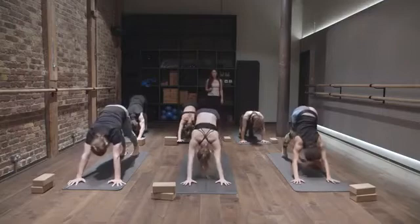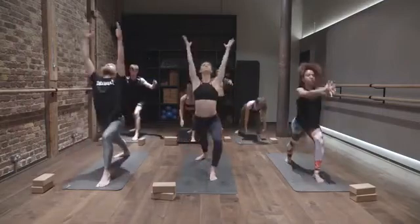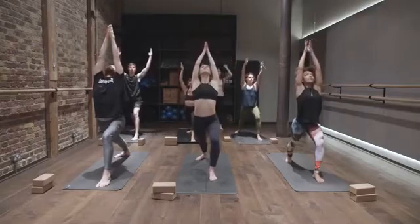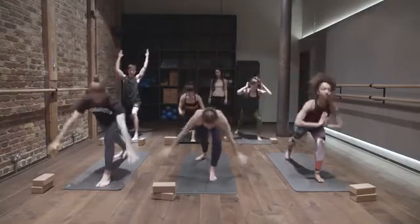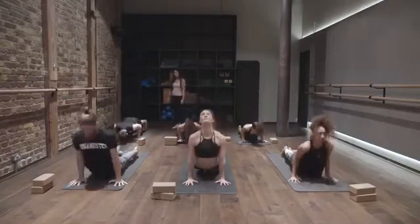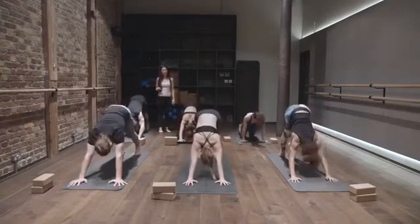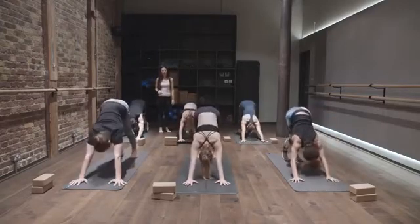Step the left foot between the hands. Raise yourself up. Each time you inhale, fill up through the whole of the lungs. Release, step back, chaturanga dandasana. Inhale, up dog. Exhale, downward facing dog. Come to the tips of the toes, look forward, step or hop between the palms and